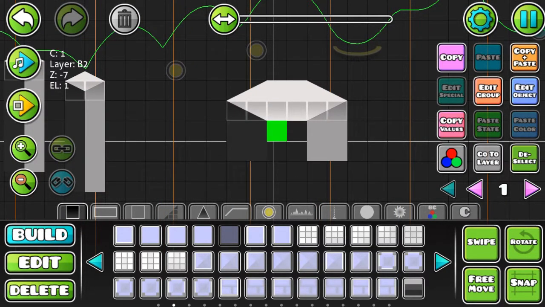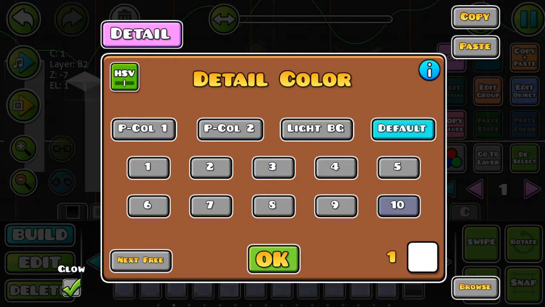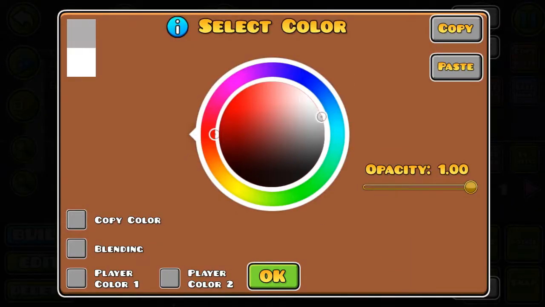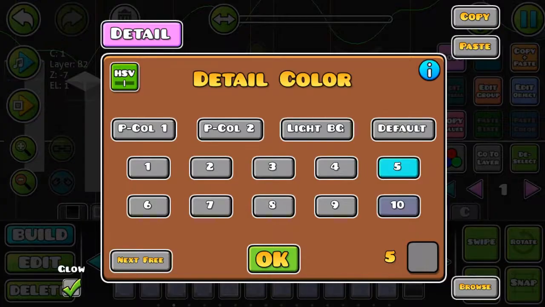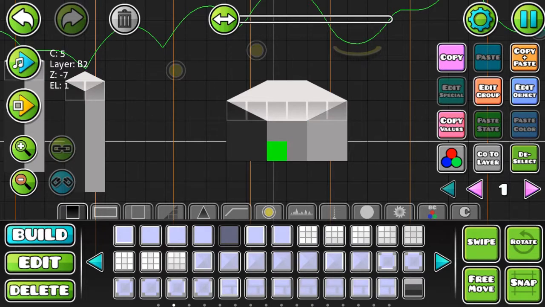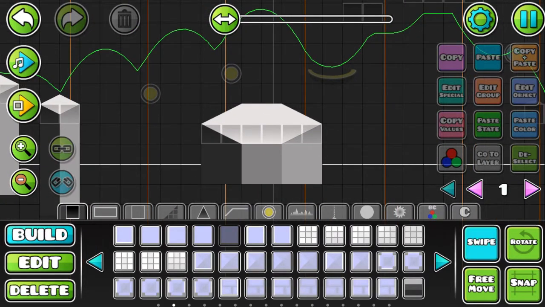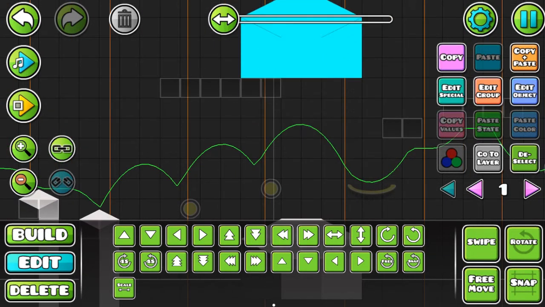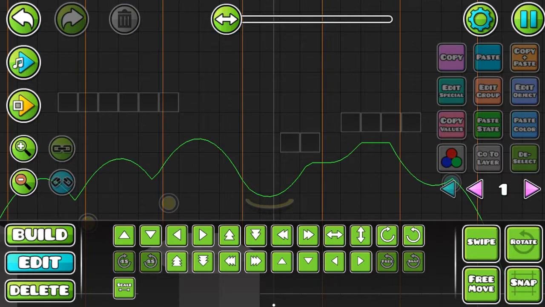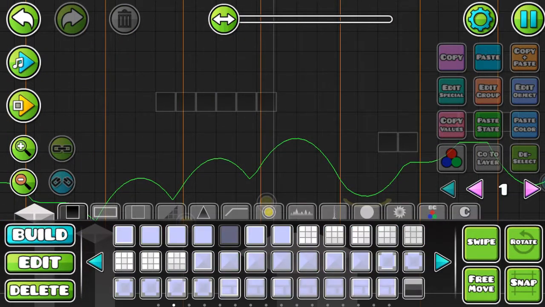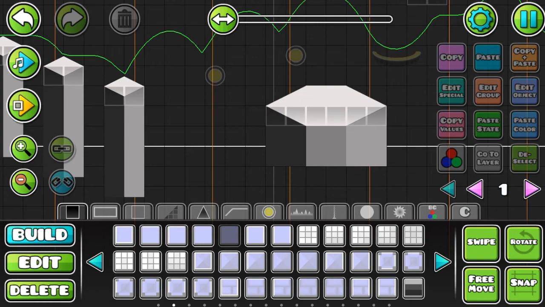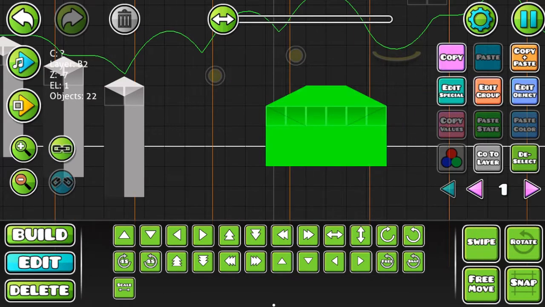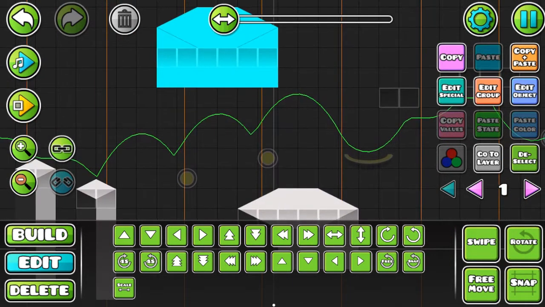And then in the middle part, its color needs to be in the middle between the dark gray and light gray. So let's make a new color channel and move it somewhere right here. And there you go. You made a hexagon. And now it's time for reverse gravity. So what I do is copy this, move it up here,